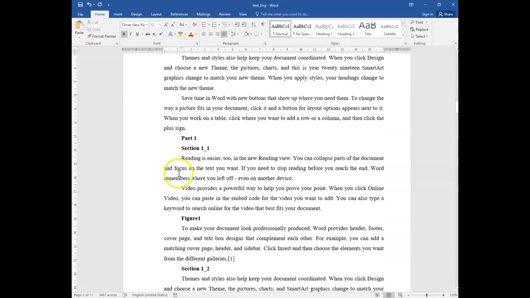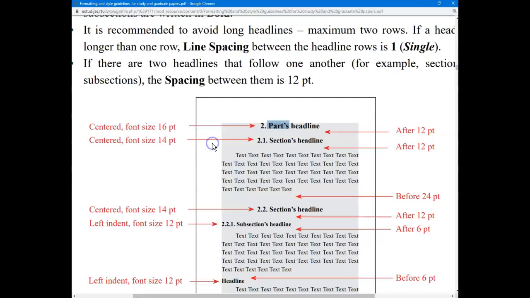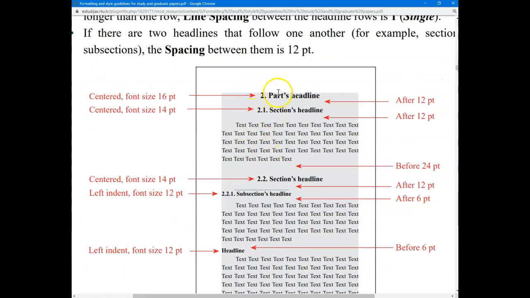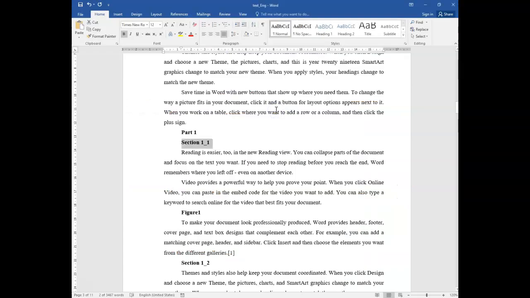And then you will have also sections. You don't have in this document subsections, and you don't have headlines. So you don't have to prepare styles for them. You have to prepare only for part and for section. Now,